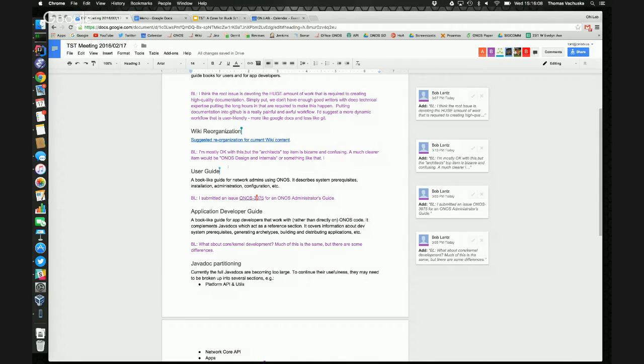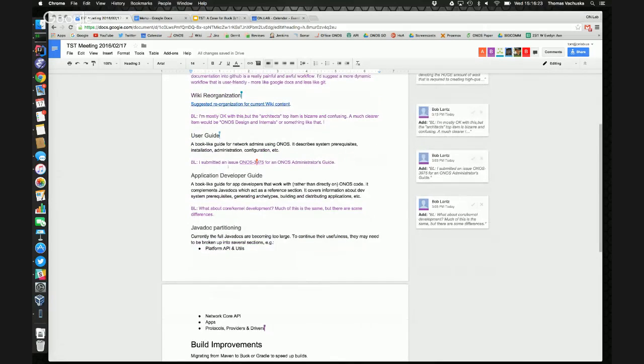We have well over 100, probably almost 200 packages. And so it seems like we might want to start considering at least breaking it up into base platform and some utilities, potentially coupled together with a network core API, and that's it. And then maybe separate the applications into their own section,